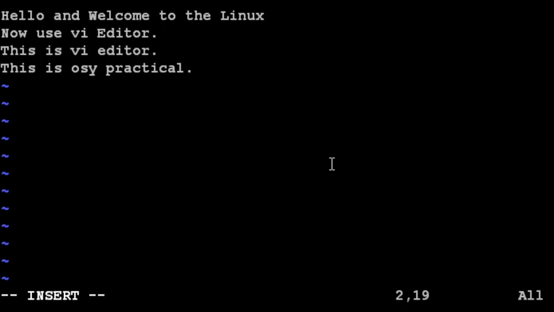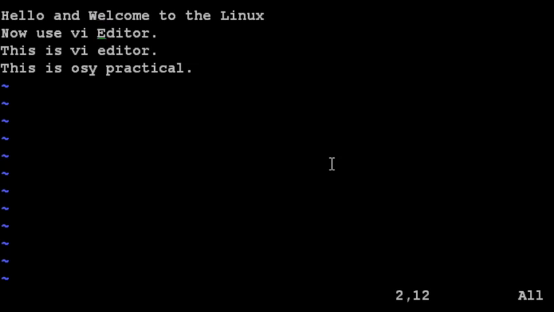cursor movement keys. There are 4 keys that you can use to move your cursor. First key is K. Now I am pressing here escape so that you will come out of the insert mode. Then press small k. Now here you can observe K will move your cursor. See, K, your cursor will move up one line.